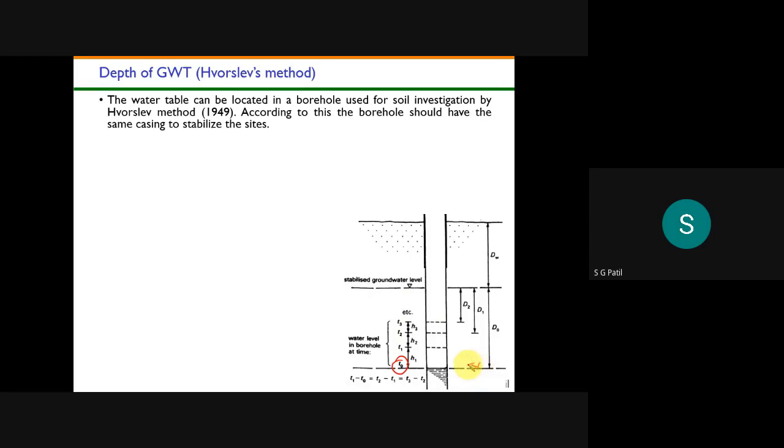the water table was here. I will take the reading from that one. Then I will come next day and check how much is the rise in the water table. This is the 0th day, this is the first day, second day, third day. On the second day this much is the rise, on the third day this much is the rise. Then what is the